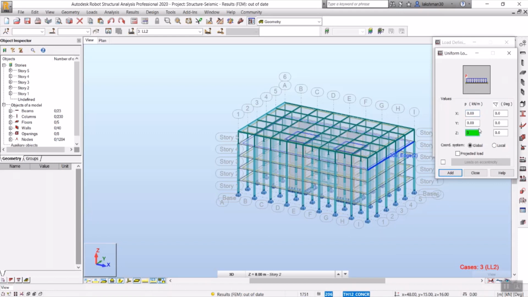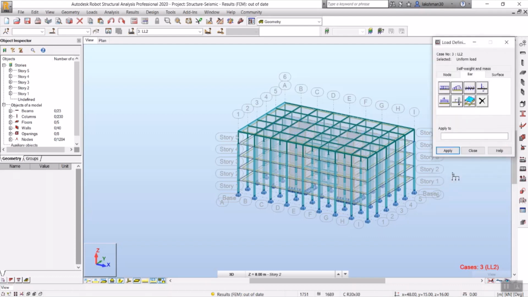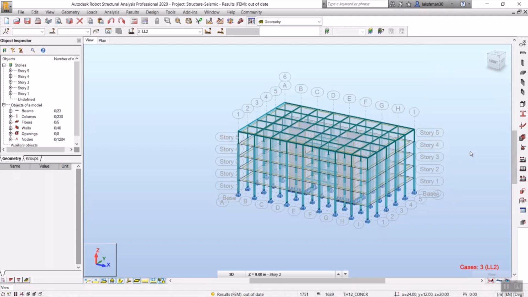I'll make this 0, and in the X direction I'll give a load of 2 kilonewton per meter. Add. I'm going to add the load for this column. Can you see the load has been added? Now I'm going to close. So these are all the things where you can play. It's easy to apply the loads and do the load combinations and all.